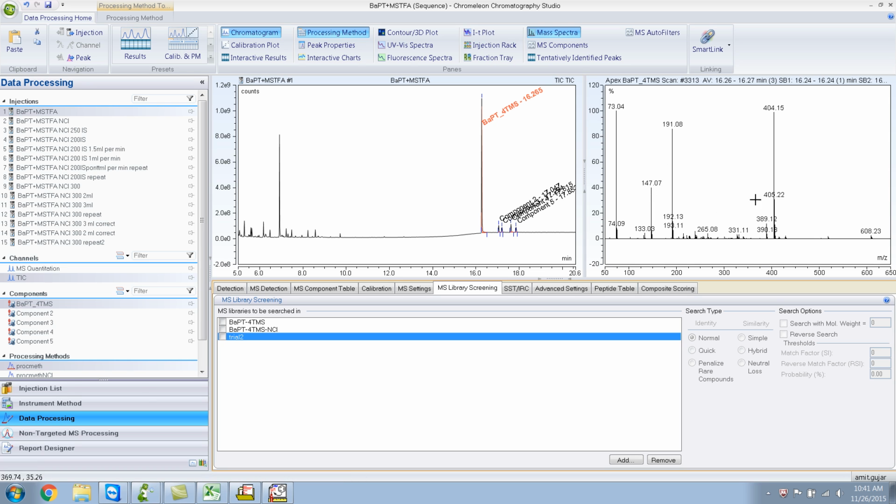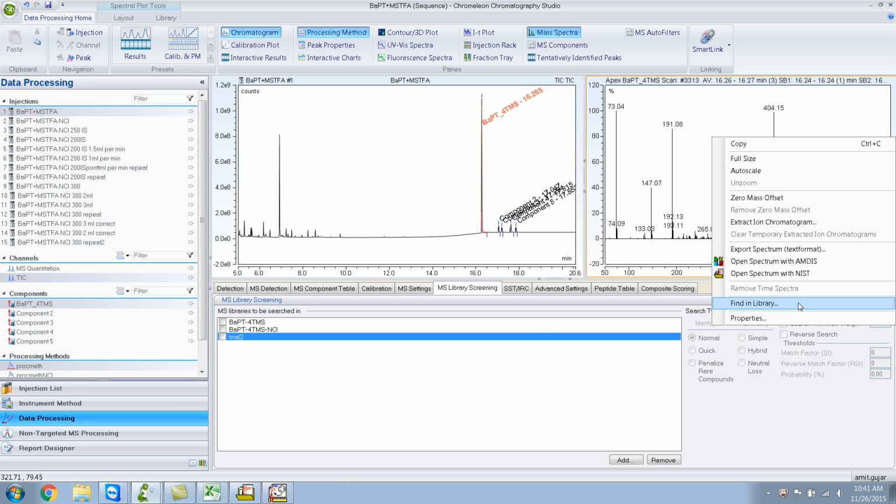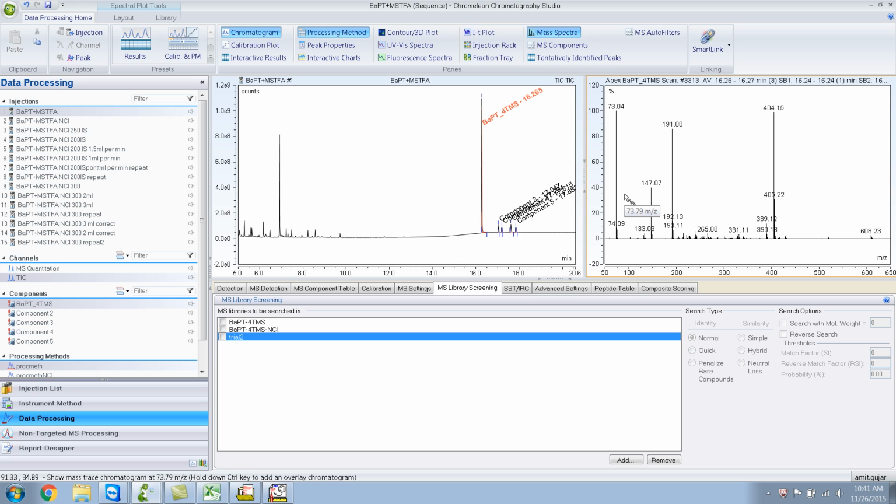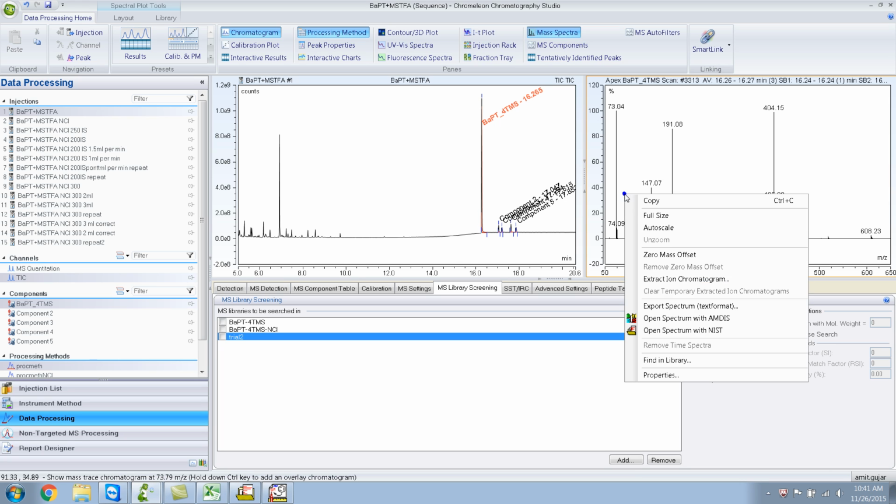So for example, this is a compound that is not in the NIST library. This is the mass spectra. If you do a library search, it doesn't give the right compound because it's not in the library. So the way you can create your own custom library using the NIST program is just right click and say open spectrum with NIST,